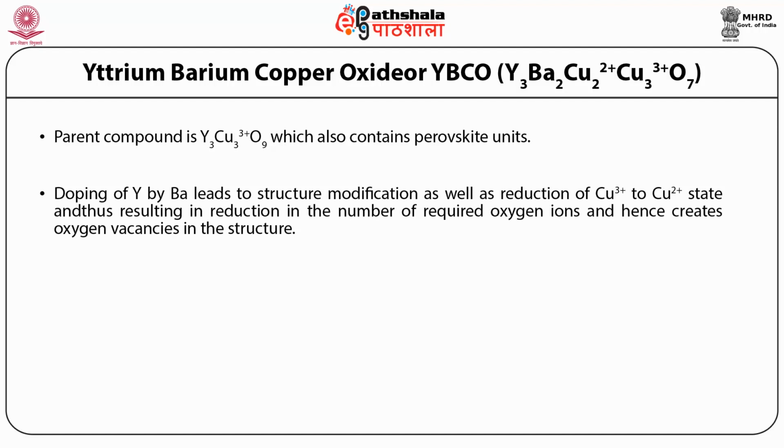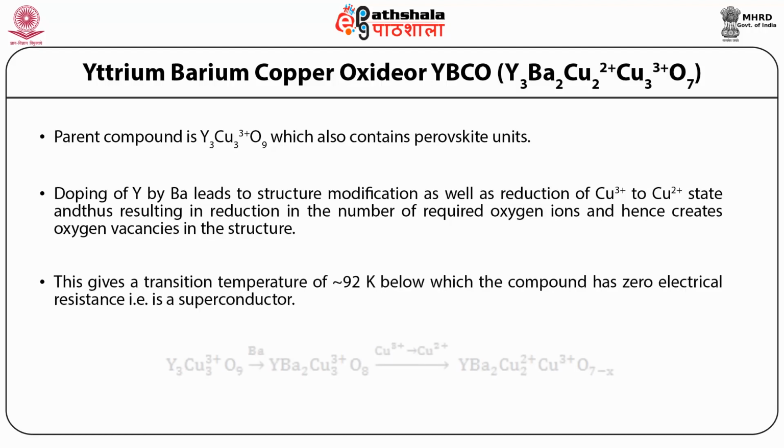The doping of yttrium, that is Y, by barium, that is Ba, leads to structure modification as well as reduction of Cu3+ to Cu2+ state, and therefore results in reduction in the number of required oxygen ions and hence creates oxygen vacancies in the structure. This gives a transition temperature of 92 Kelvin, below which the compound has zero electrical resistance, that is, it is a superconductor. And the reaction which guides it is